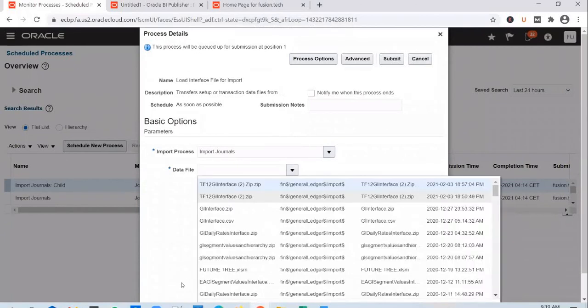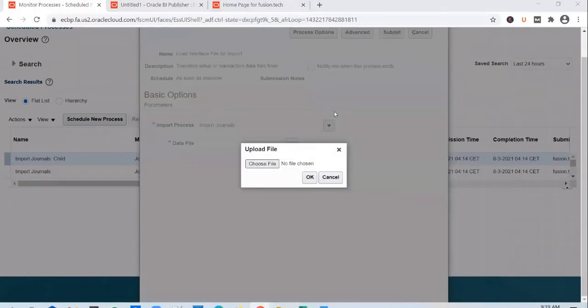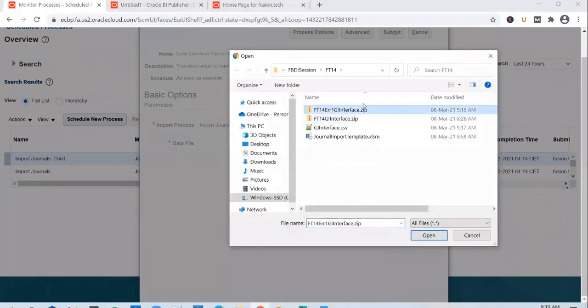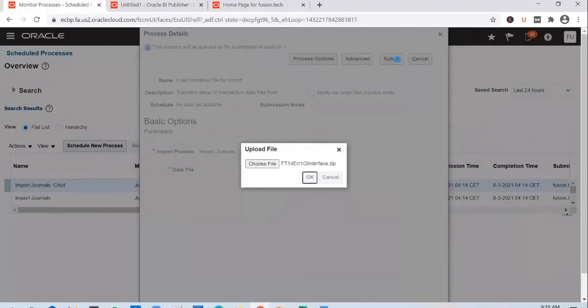And upload the data file again, the error file this time. And submit the job.